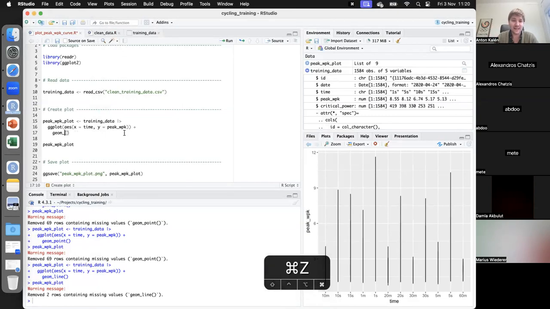We could have done the same here with just the color instead of the group. The group is a way of saying: group the lines together based on this variable. And the reason why we use paste is just to put these two columns together, because it's not just ID, it's the date also. Now, since we identified the different athletes by color, we could have just used color. So if we just do that now,